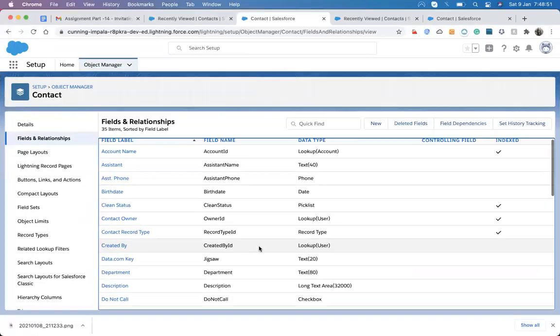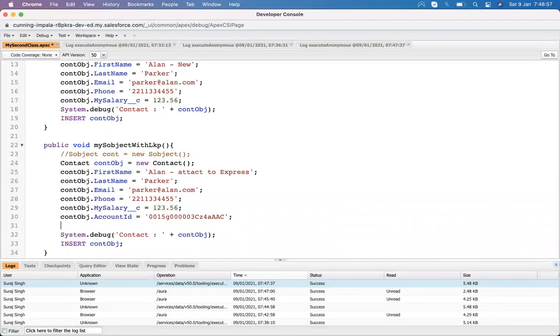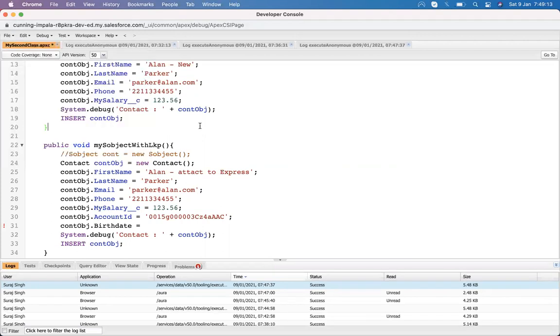Suppose we have a date, let's take a look at birth date. How do we assign a birth date? Contact object dot birth date. As I told you, whenever we are assigning a date, it's something like new date, and in that date we are passing three values: year, month, and day. Remember?